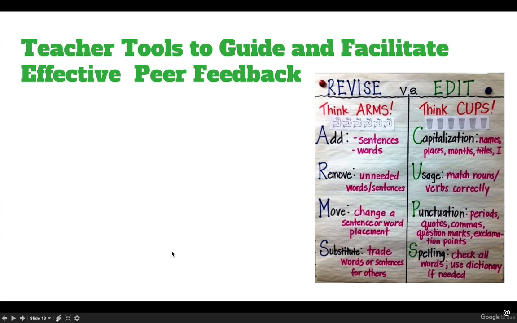Not as a specific writing teacher, but more so asked to do writing in the classroom. I did have to dig deep to find some of these ideas, as far as teacher tools to guide and facilitate effective peer feedback. The ARMS strategy versus the CUPS strategy. So if we're either revising or editing,